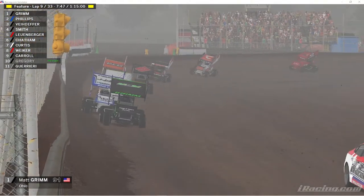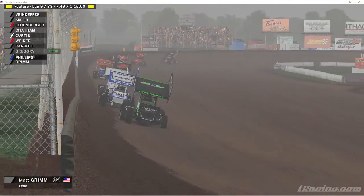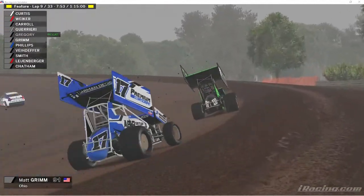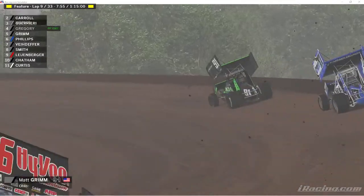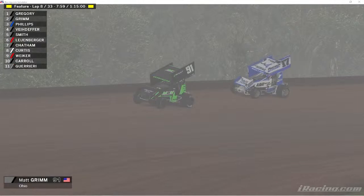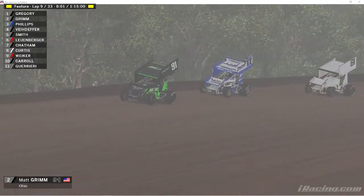We'll have the top three. We'll chat with them, of course, coming up in our victory lane. We'll have that coming up at the conclusion of the night. So still yet to get to that halfway point as we roll our way towards